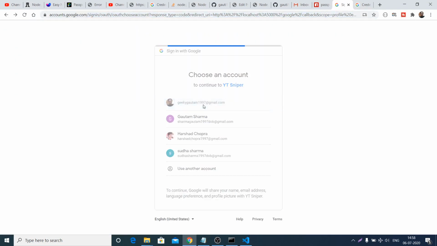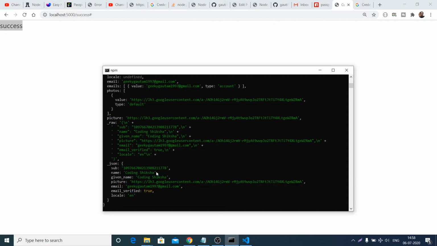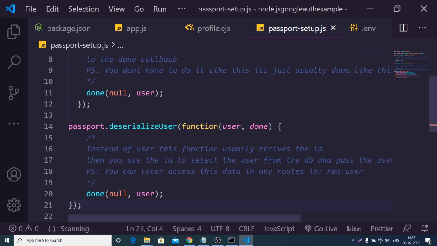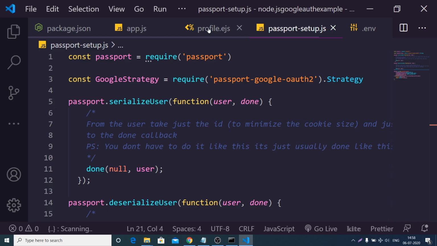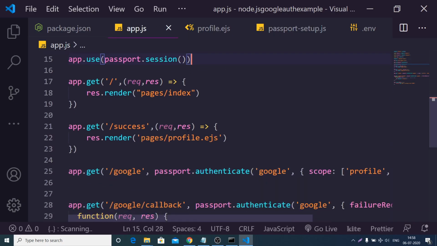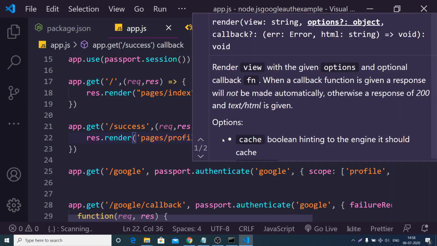If I select this account, you will see the success page coming here, and if I see the console, you will see all this information coming inside a JSON response. This is a display name, email is also there, and the photo is also there. So now we can display this information very easily by going to app.js, and here we can pass this